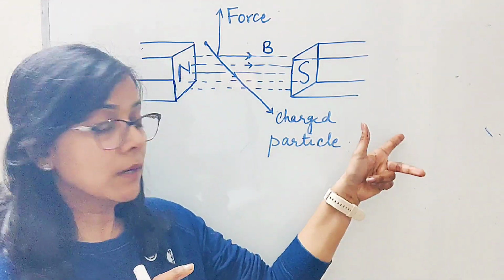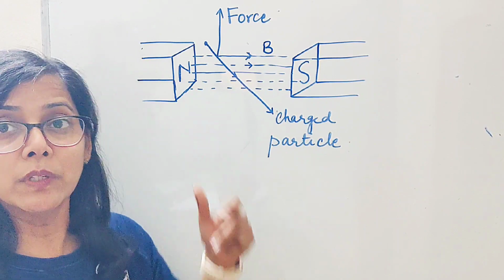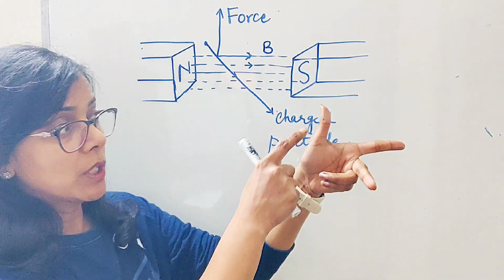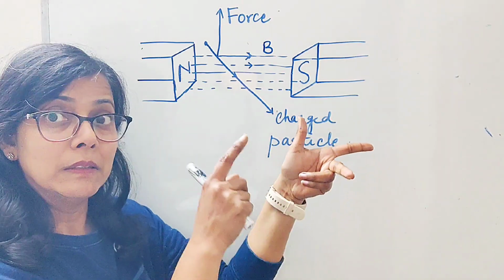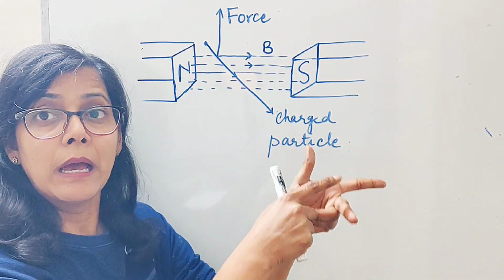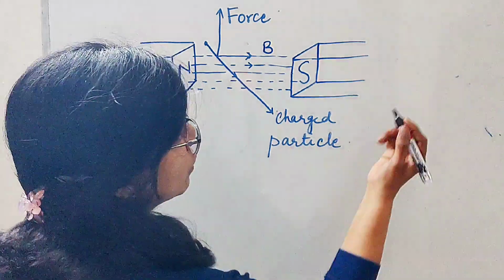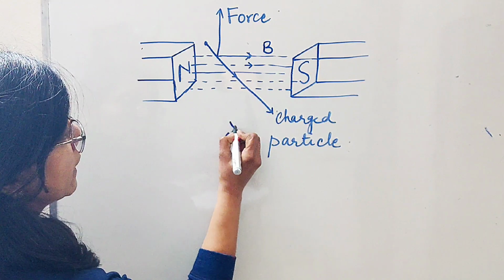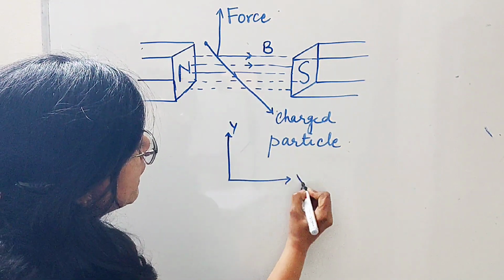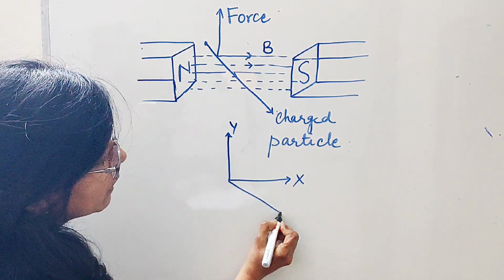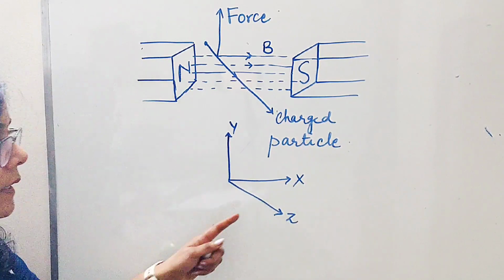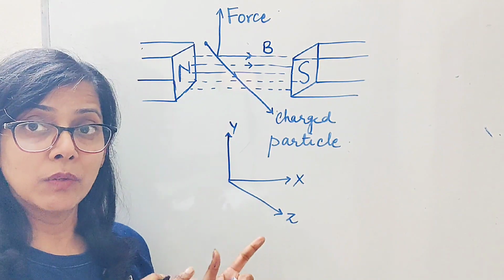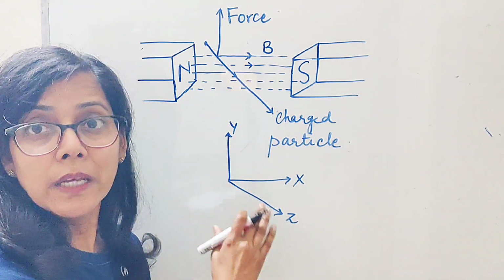So I am drawing a figure here so that we can do this question. So I am drawing X, Y and Z direction which can represent these three things: force, current and the magnetic field. So if I draw it here, like if this is Y axis, this is X axis, then this will be Z axis. Okay, Z direction, X direction, Y direction. So in a three-dimensional figure, X, Y and Z axis can be drawn like this.